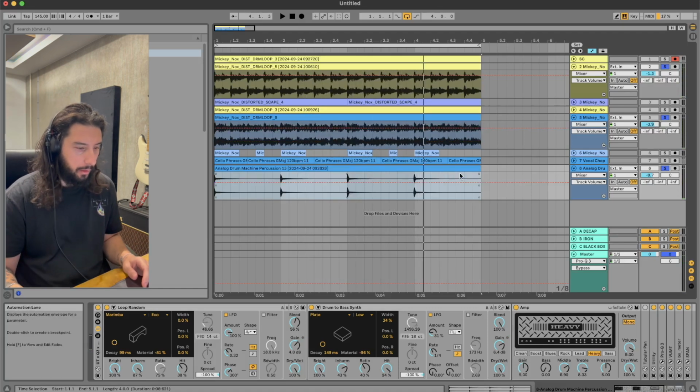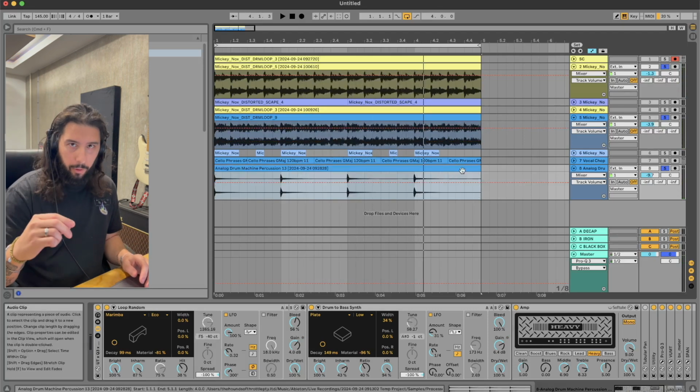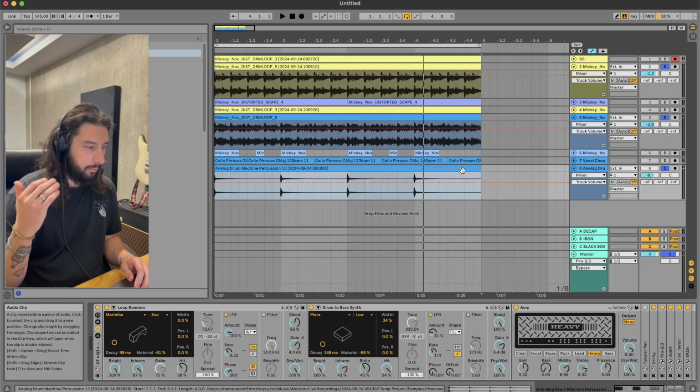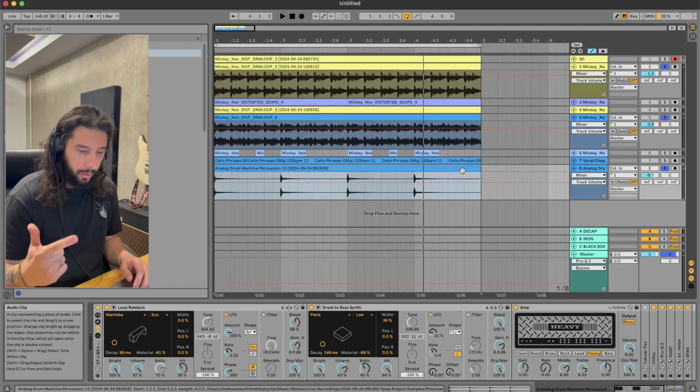Voila. So, quick recap. Free chain, you can make it yourself in Ableton, Corpus, auto pan, amp, LFO, envelope follower,